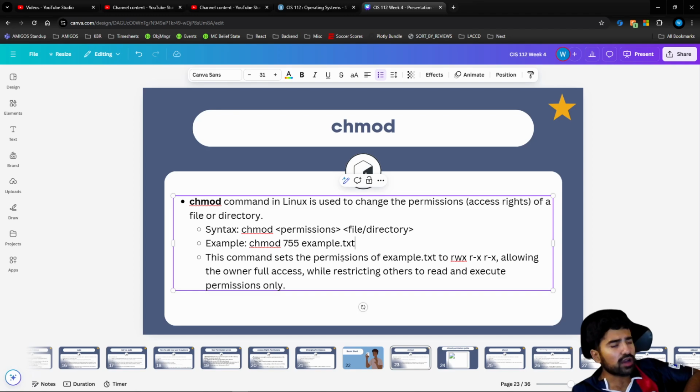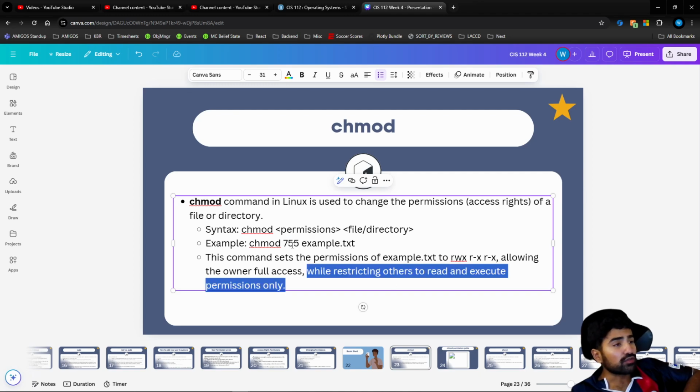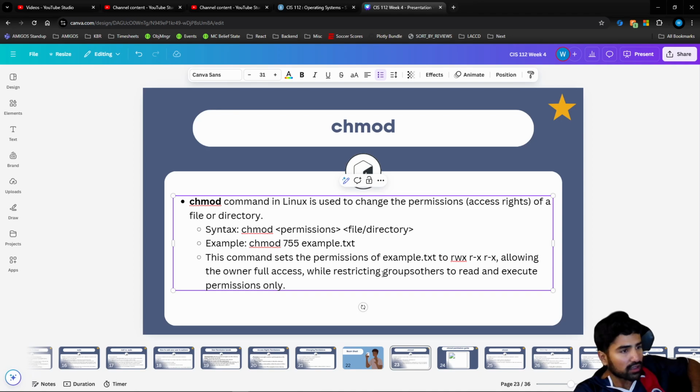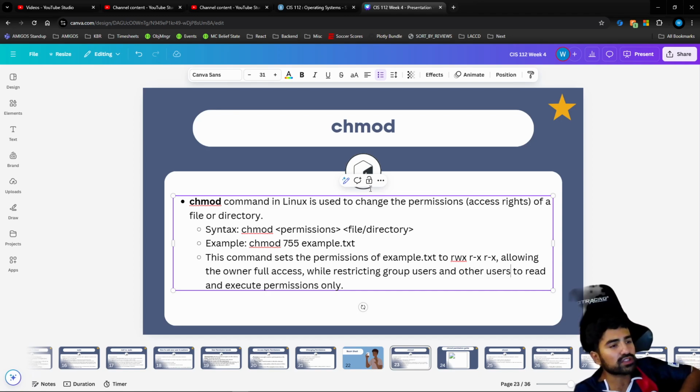This command gives permissions of example.txt to rwx and then r-x, r-x. What does that mean? That means the owner has all the permissions, a 7, while restricting others to read and execute. 5 means read and execute. That means groups. We're going to be extra specific. We're restricting group users and other users. Just to be very, very precise,